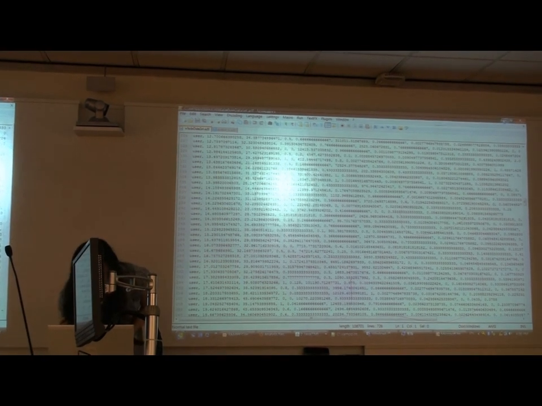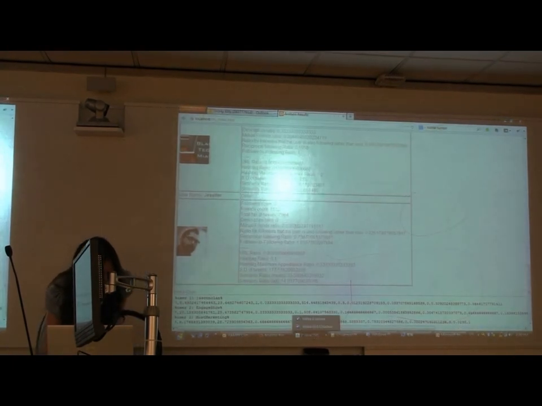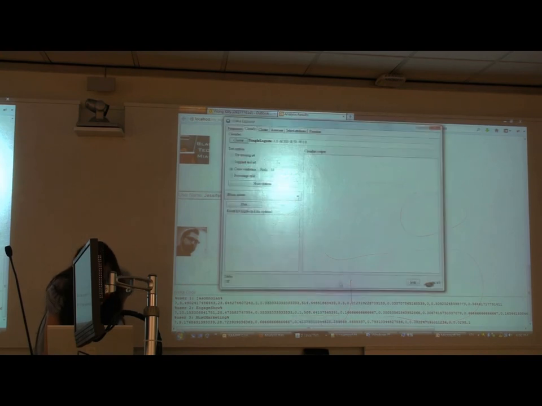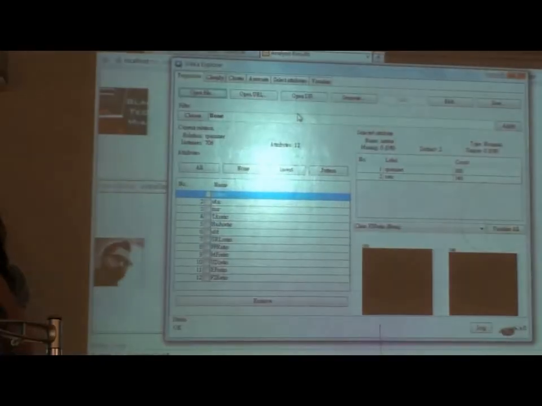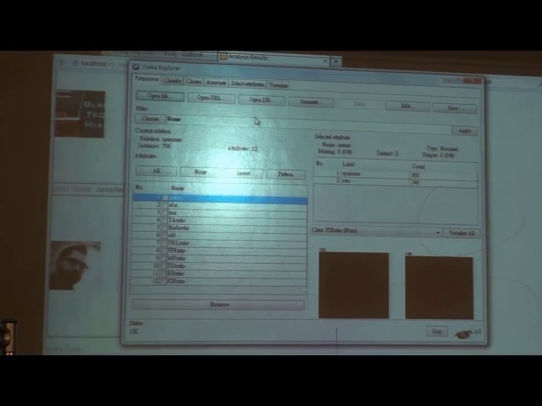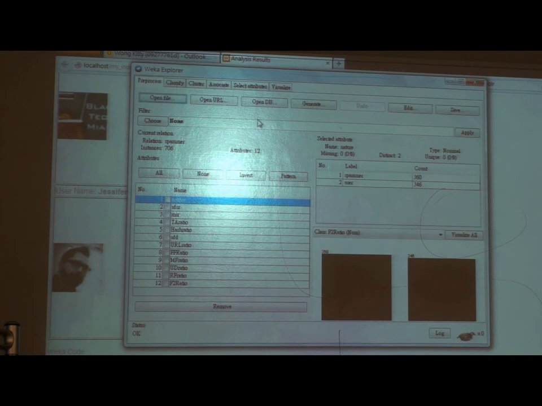So now I will demonstrate the process of validating the indicators. This is the interface of the Weka Explorer. I have imported the ARFF file that I've just shown into the Weka toolkit. You can see these are distributions of spammer as well as user.